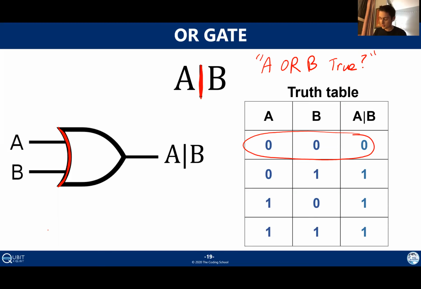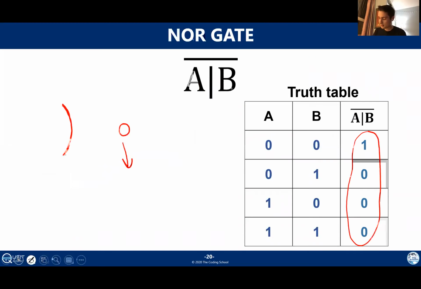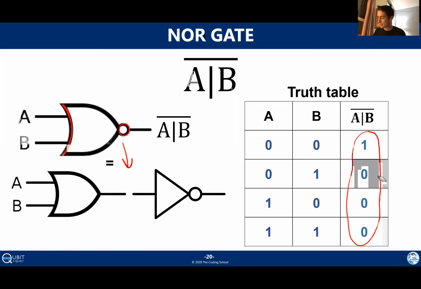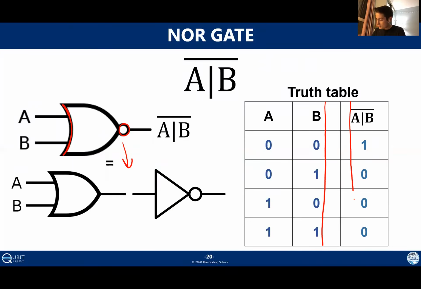Now, that's how the OR gate works. What about the NOR gate? The NOR gate is a very similar idea, except that all of the bits in this last column are flipped. Like I said with the AND gate, one thing I sometimes like to do with these problems is draw myself an intermediate column here, A or B. So I've just removed the not. Then I fill in exactly what we had on the previous slide, which is 0, 1, 1, 1. To get the NOR gate, I just flip all of these bits. And that gives me NOR.